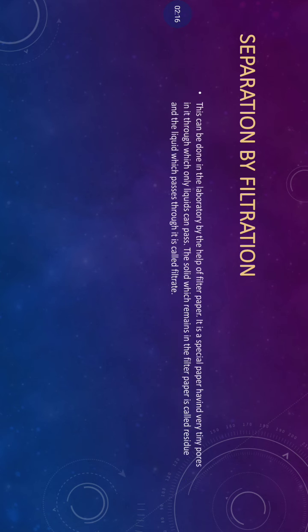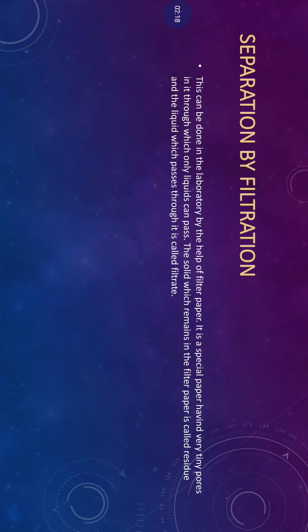First of all, let us see how to make a filter paper ready for filtration. This figure shows that filter paper is a rounded piece of paper. We can fold it two times and give it the shape of a cone. This conical filter paper will be fitted in a glass funnel or any funnel, and with the help of this arrangement we will be able to do the filtration process in the laboratory. Let us see how it is performed in the laboratory.